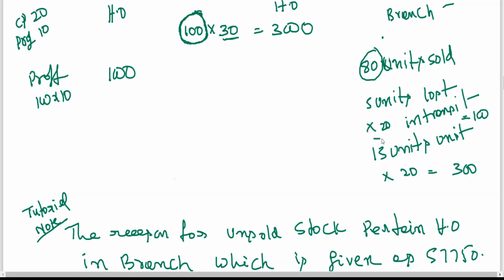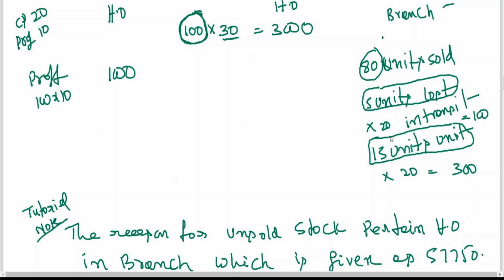But in the problem which we have done so far, 15 units were given as unsold. But you can't calculate unrealized profit only on 15 units. You also have to calculate unrealized profit on how many units lost? 5 units lost, because the 100 units dispatched by head office include the 5 units lost and also the 15 units unsold. Out of 100 units, actually 80 have been sold, and 20 units have been unsold, but they have treated 100 units as sold. So the 20 units consist of 5 units lost and 15 units unsold. That is the reason why if you don't take the 5 units lost also, you won't get the correct profit.